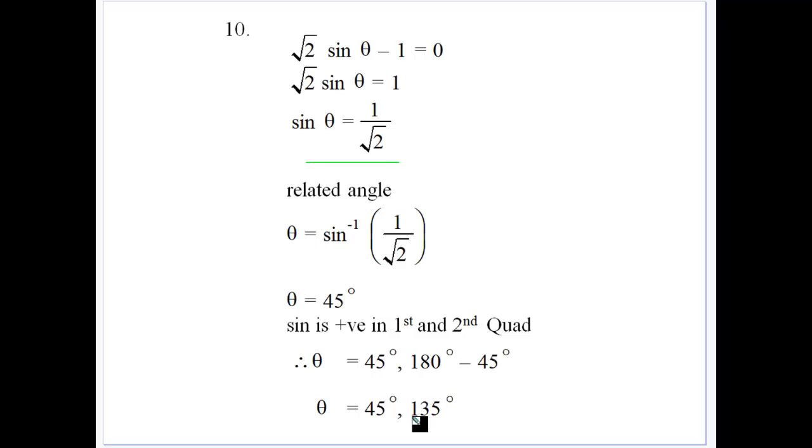So hopefully we're starting to see the pattern, the algorithm we need to follow every time, and why we need that. We need to get our related angle. We need to see what the angle is back to the x-axis, and then we also need to be able to determine what quadrants we're in, because our angle has to be between 0 and 360 degrees. It's important that you check your domain. All these questions had the same domain, because as we said, technically something like sine of theta is equal to 1 on root 2 has an infinite number of solutions. So you've got to carefully check the problem you're facing, whether it's told to you explicitly, like it was at the problem start here, saying theta is between 0 and 360,